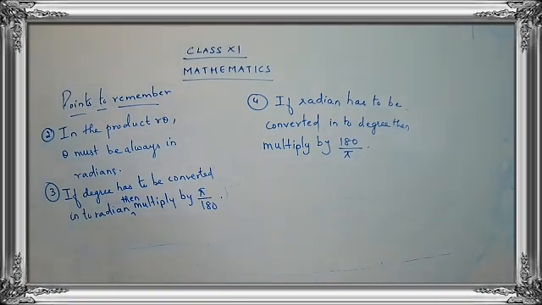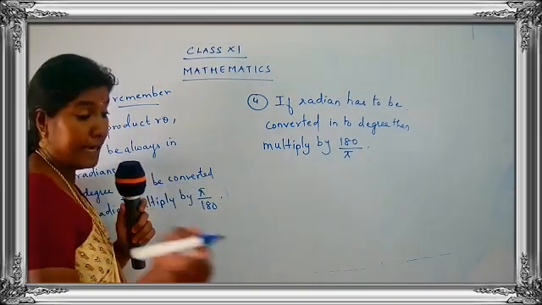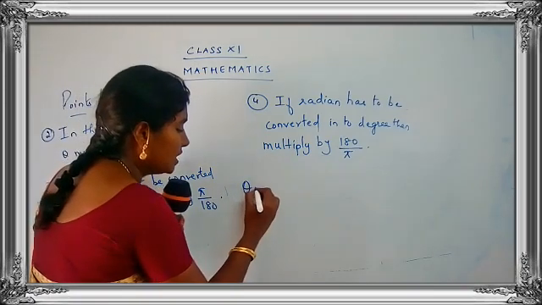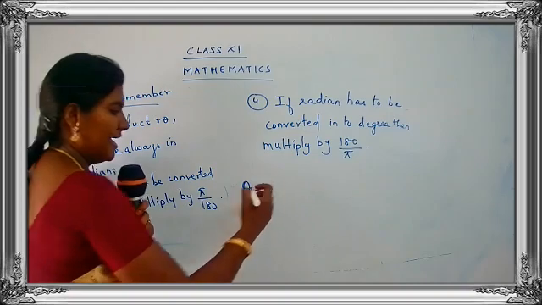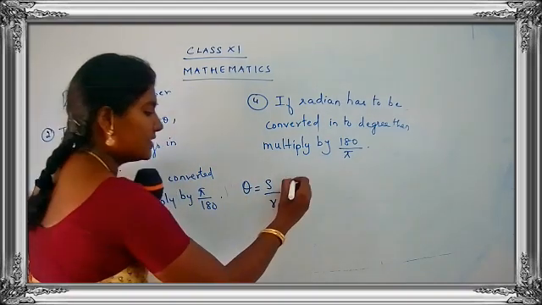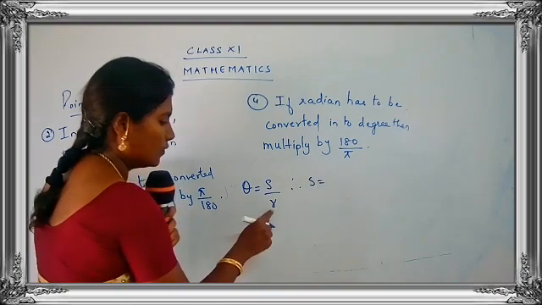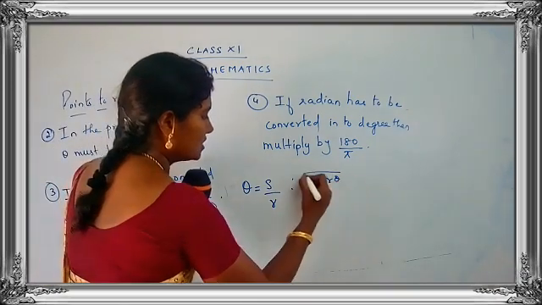So this was the 4th point, children. So only you have 4 points over here. Okay, let us have a small recap of the points. What have we seen? In the 4 points, first thing, we saw the definition for radian measure. What is the definition for radian measure? Theta is equal to the ratio of, what was the ratio? Yes, good. Arc length upon radius. So what is the value for S? S is equal to R theta. This was our point number 1.